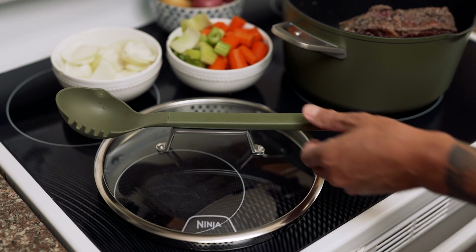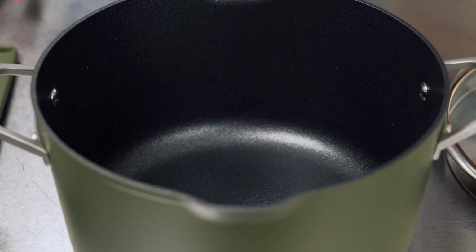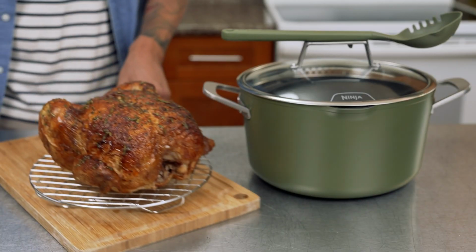This integrated utensil makes for easy cooking, serving, and storage. The lid has a built-in utensil rest and it provides convenient storage when you're done. The Ninja Foodi PossiblePot comes equipped with a versatile rack, perfect for steaming veggies or roasting a delicious 5-pound chicken